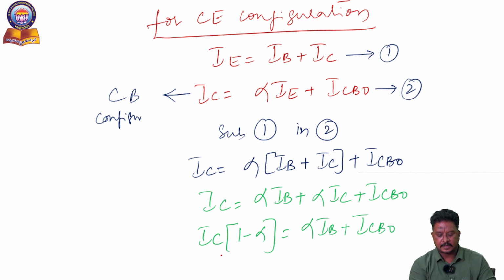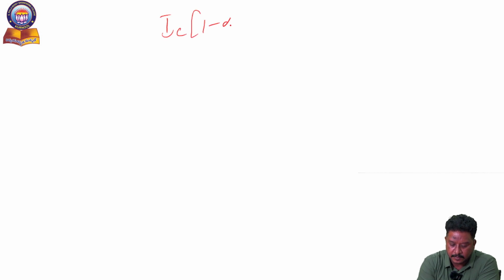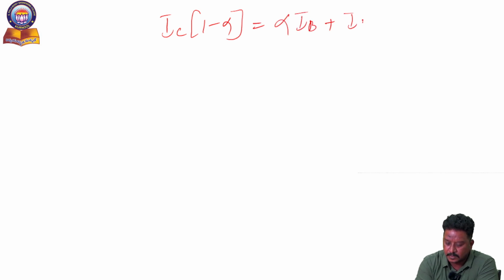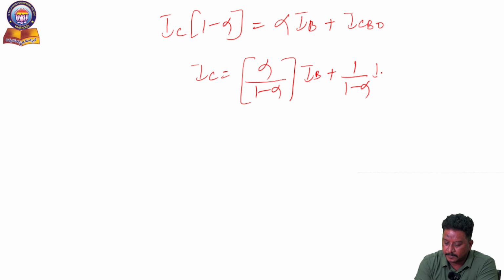Just now we defined that IC = (1 - alpha) IC + alpha IB + ICB naught. So once again I am trying to convey that IC (1 - alpha) = alpha IB + ICB naught. So IC is equal to alpha by (1 - alpha) IB plus 1 by (1 - alpha) ICB naught. That gives a relation between common base and common emitter as well as common collector configuration,